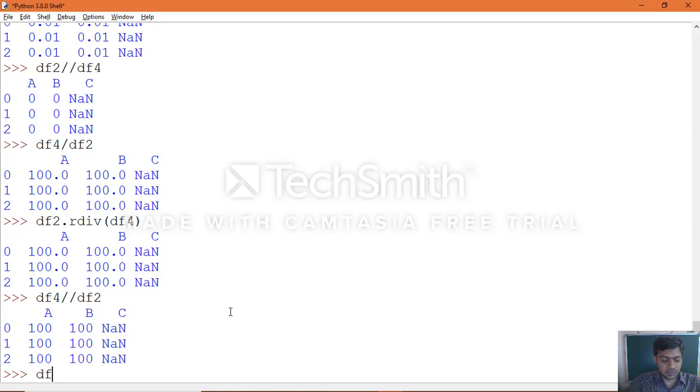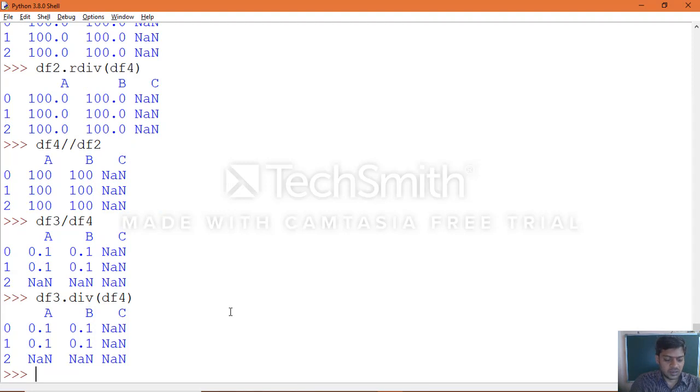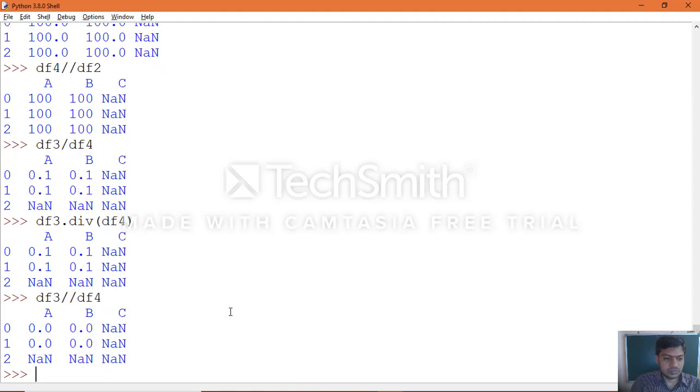Same manner you can work with the df3 and df4 objects. Then apply the div function between df3 and df4. You can see the floor division also. You will always see the difference between normal division and floor division.